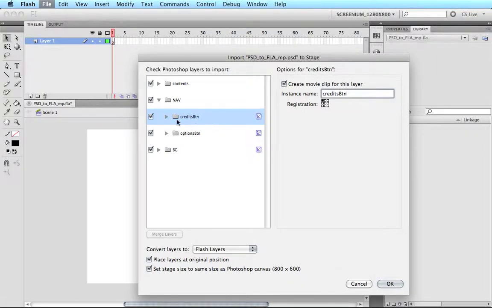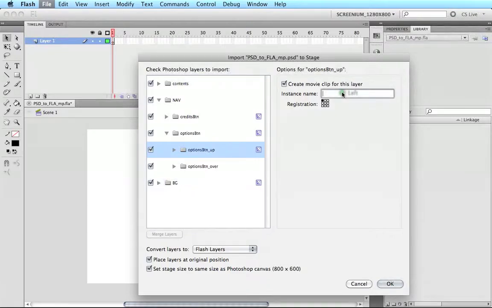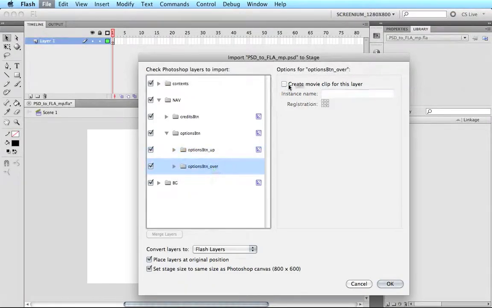Now, I also want the rollover state, and that can be achieved if I go inside each button and save these out as separate movie clips. So I'm gonna click on Option, Button Up state, and go create movie clip from this layer, and I'm gonna name it just exactly like that. Options, Button Up,